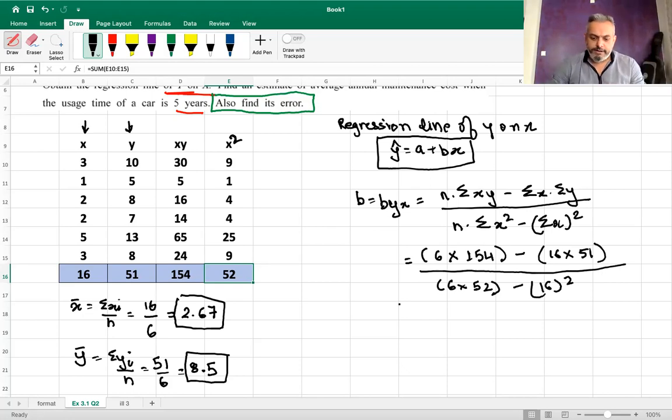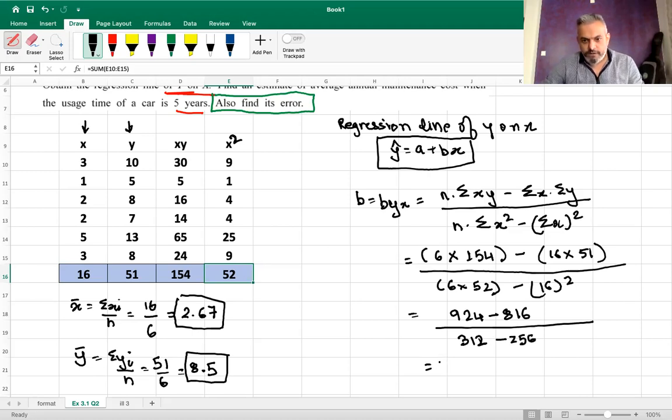So let's calculate. 6 into 154, 924 minus 16 into 51 is 816 upon 6 into 52 is 312 minus 16 square is 256, which is equal to